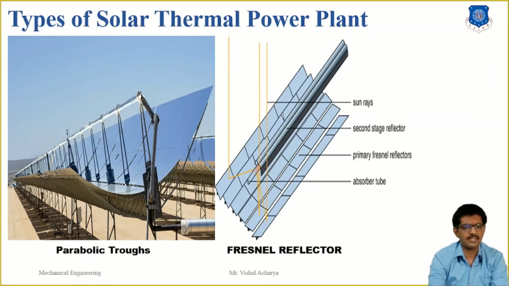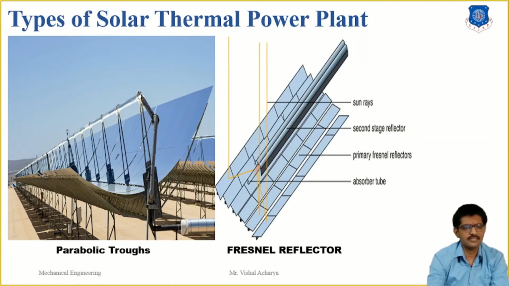The range of the operating temperature between 200 degrees to 300 degrees Celsius means a high temperature solar thermal power plant. This type of classification means: the low temperature thermal power plant ranges less than 100 degrees Celsius, the medium temperature power plant ranges 100 to 200 degrees Celsius, and the high temperature power plant means above 200 degrees Celsius for the solar thermal power plant. In the second figure, you can see the linear Fresnel reflector system.